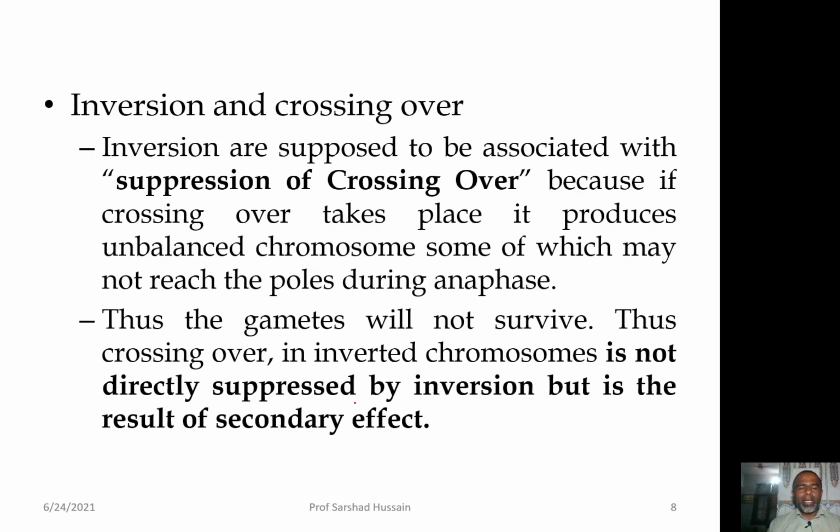When we look at the next stage, crossing over, normally we are not able to see offspring having the crossover segment of the chromosome, because whenever there is crossing over in the inverted chromosome, the gametes that are formed will not be viable. As a result, you will not be able to find the effect of crossover in the inverted chromosome in the offspring. Once the gametes are not viable, the individual will not be formed, so you will not be able to see the individual. This is how inversion suppresses crossing over.